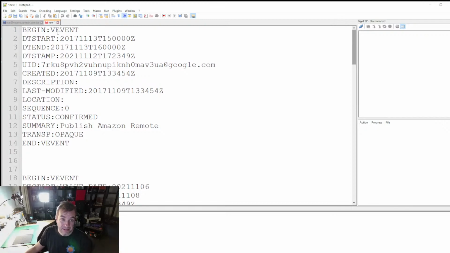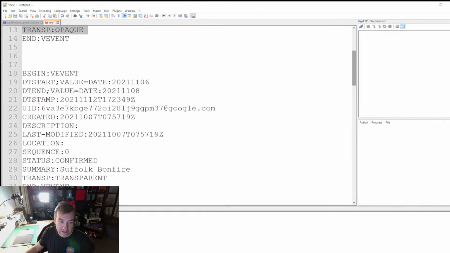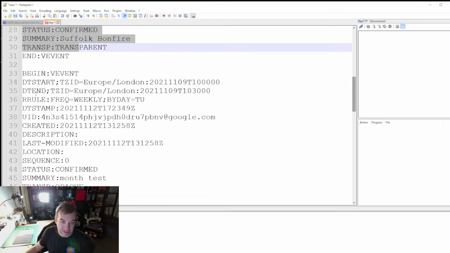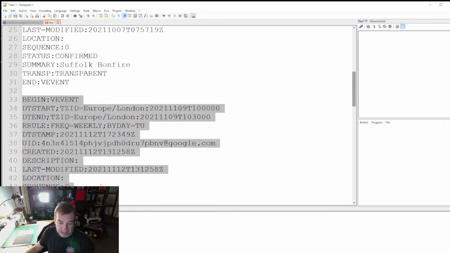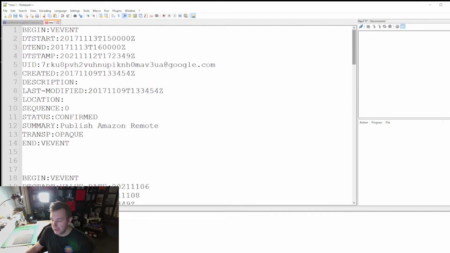So each event will start with BEGIN:VEVENT and end with END:VEVENT. So this is your one event. There's another one in here, and there is another one in here. So that's how they're going to be presented in your file. So what we're going to do is determine the best way to capture that information,